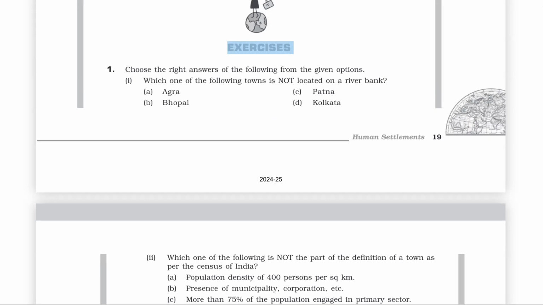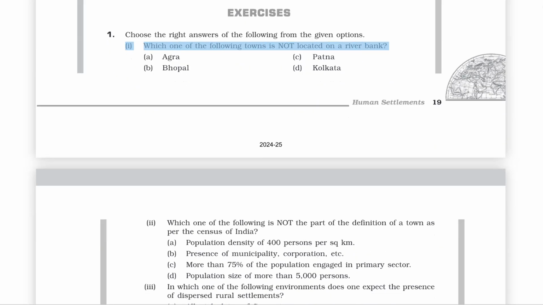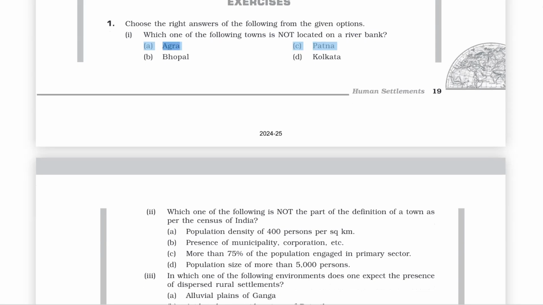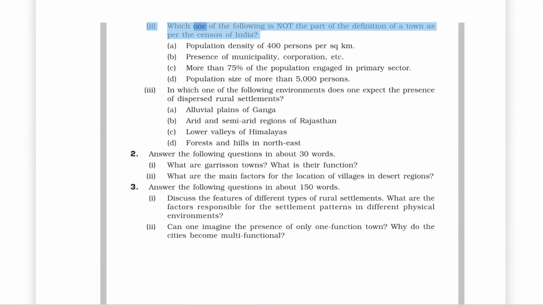Exercises. 1. Choose the right answers of the following from the given options. 1. Which one of the following towns is not located on a riverbank? A. Agra. B. Bhopal. C. Patna. D. Kolkata. 2. Which one of the following is not the part of the definition of a town as per the Census of India? A. Population